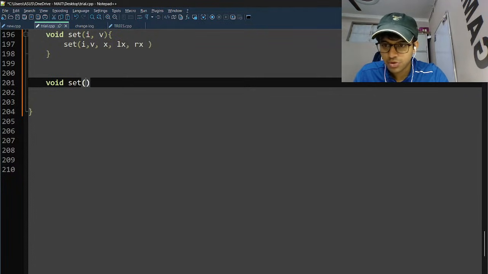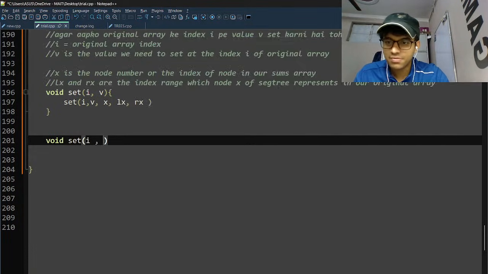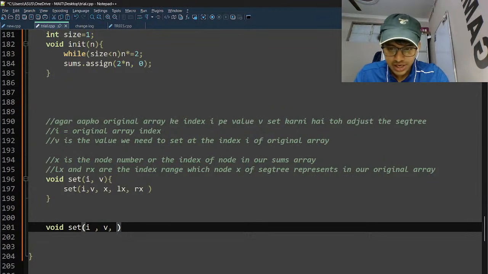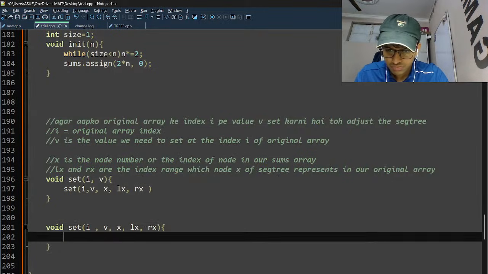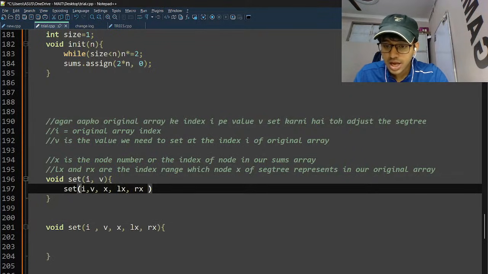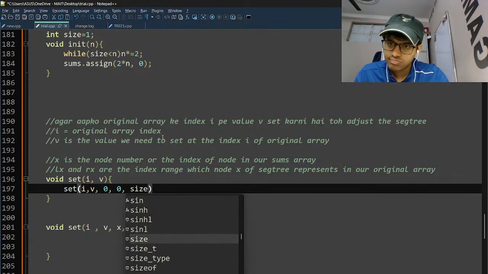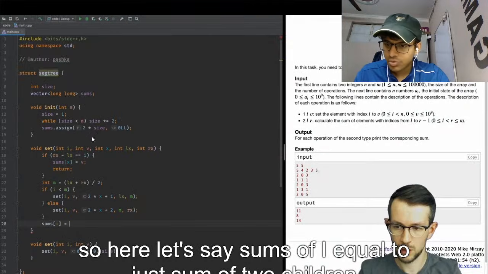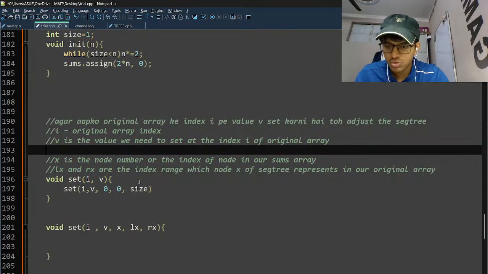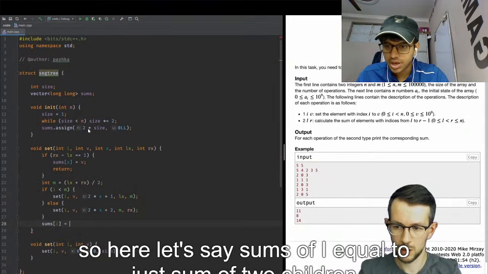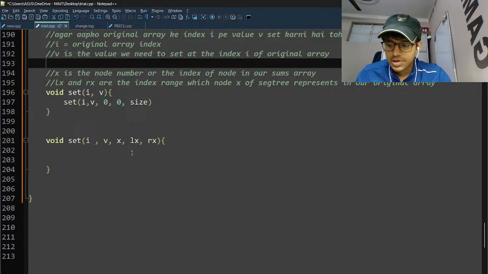real example of polymorphism. This is polymorphism, right? Same name, different variables. So IV तो मिलेगा ही. You'll get an X, you'll get a LX, you'll get an RX. ठीक है. इसमें एक्चुअली हम नोड अपना 0 देंगे, L भी 0 होगा, R would be size. R would actually be the size, right? Right, it would be size because it's not inclusive. Okay. यहाँ पे हम assign भी कर रहे हैं 2 star size को. Okay. Now